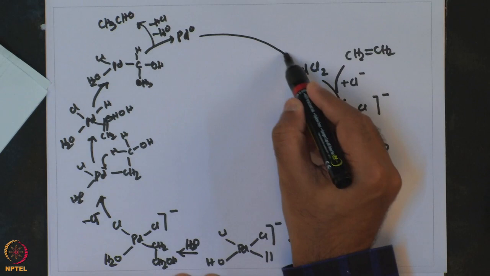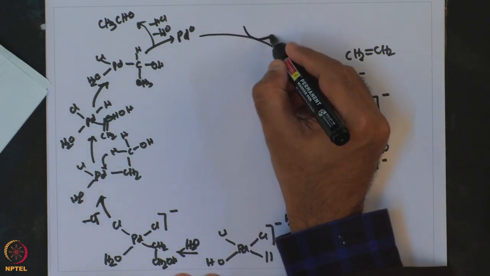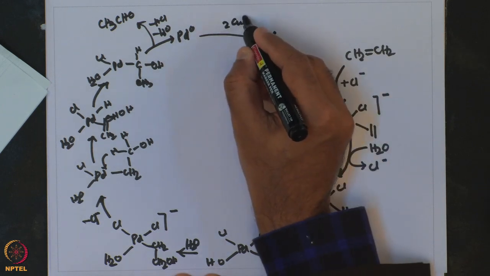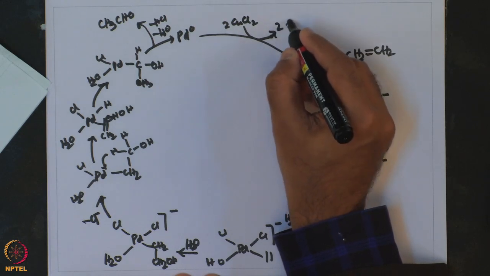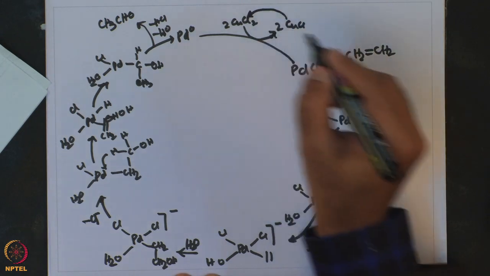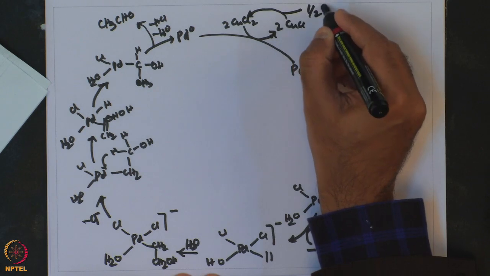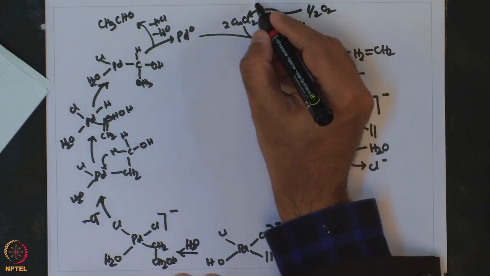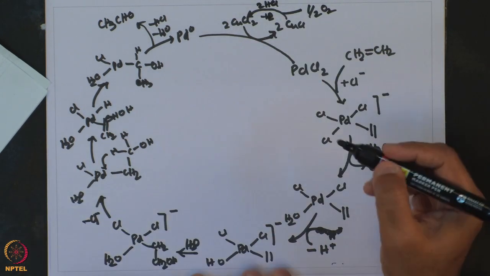Now, this palladium 0 gets converted by 2 CuCl2 to 2 CuCl, and that goes back with half O2 minus H2O to give 2 HCl. So, this is a complex